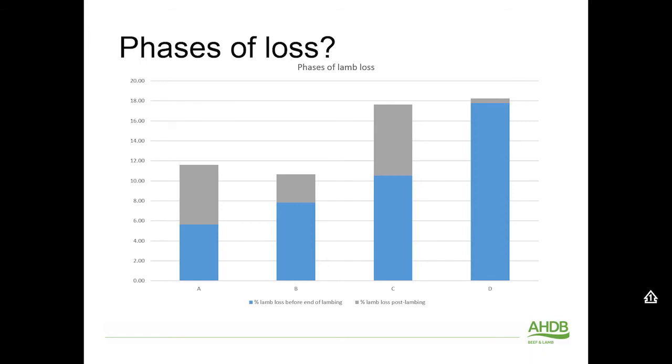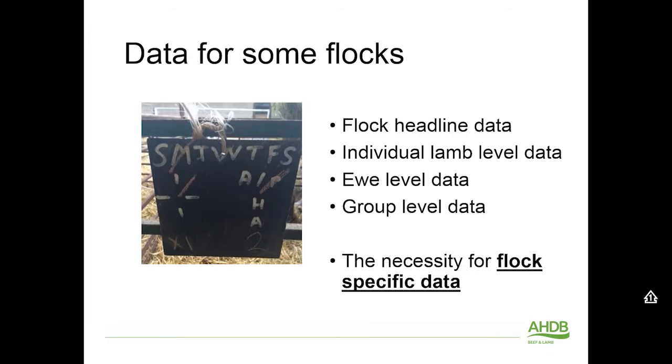Now, all that data on that slide has essentially been produced either from first drench, turning out of the lambing shed data. It's very tangible, tactile data, and it's just going to start focusing those discussions that you and your veterinary advisor can have. So a good place to start. Now,